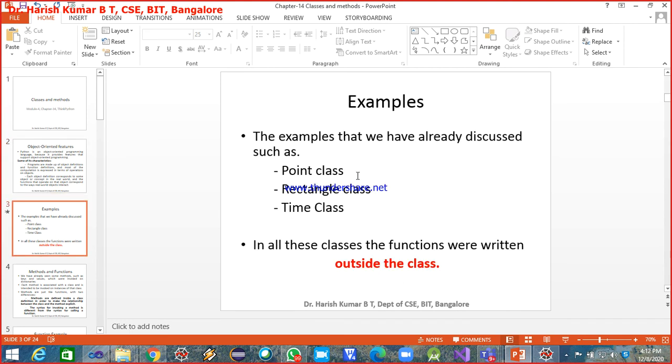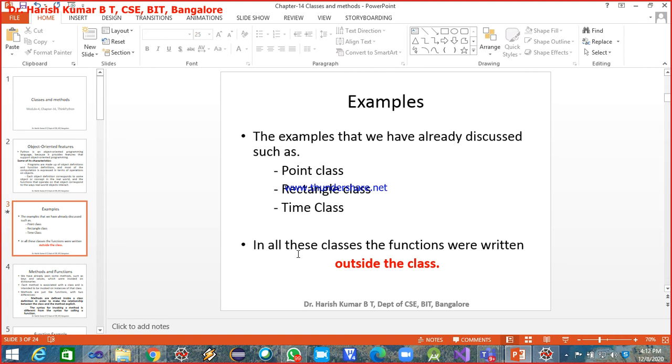So now we have already discussed the classes, the point class we understood, rectangle class and time class. These are the three classes which we considered as example classes in the earlier discussion, when we discussed the classes and objects and classes and functions. So these were the three example classes that were taken.